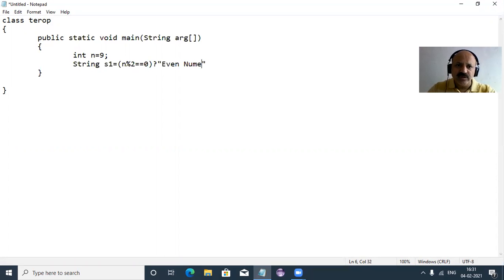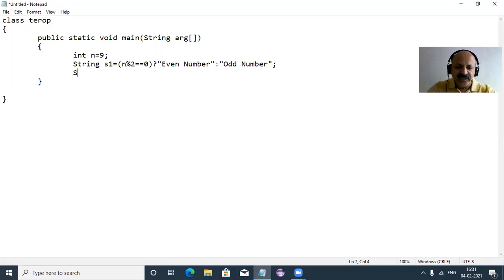Yes, perfect. Now a colon sign and in double quotes "odd number", so even number and odd number, and a semicolon.